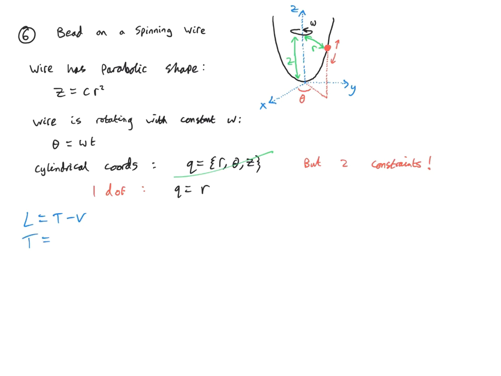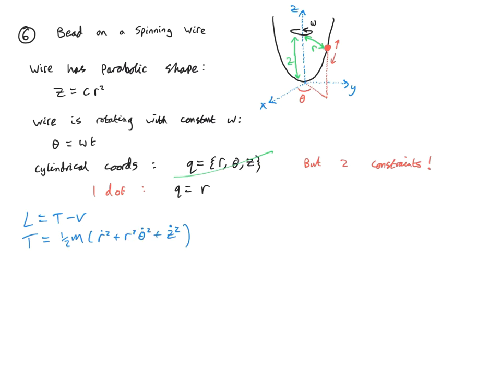In one of the previous examples, we worked through explicitly what the kinetic energy looks like in cylindrical coordinates, so I won't repeat that. The nice thing about this process is when you've done it once, you've done it, and you don't have to do it again. So I'll just repeat the answer that we had from previously. And we have this, but actually we can simplify this quite a bit,